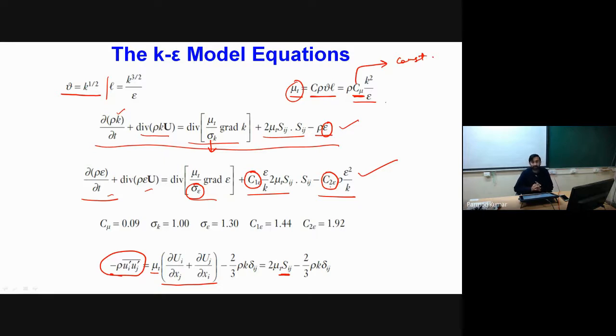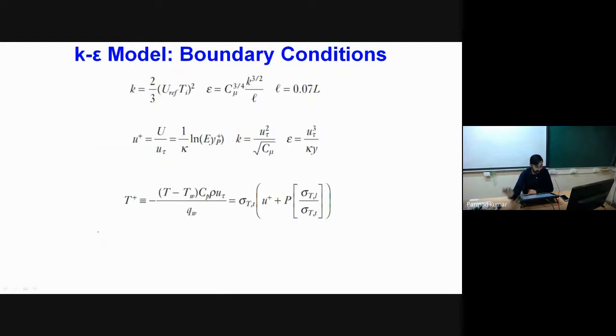Now the K epsilon model is the most widely tested model with the practical and industrial problems in literature. So that's why there are well established values of these coefficients available in literature. So the values of the coefficients are given over here. So these are the values which are taken from the literature and are applicable for almost all types of engineering applications. Okay, then when we are using the K epsilon model, obviously we have to give some boundary conditions.